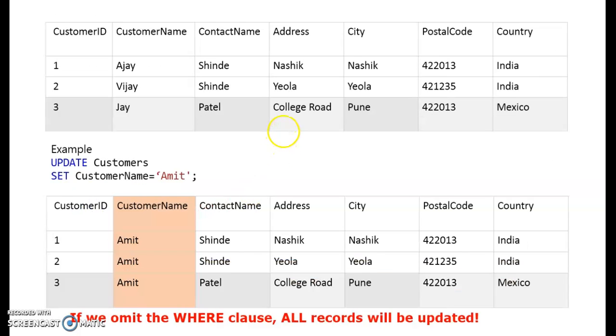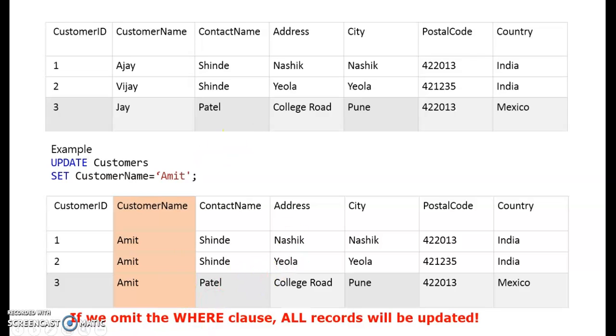Now see, this is another example. Yes, we have the latest updated table. Now here I am making the third operation, like update customer, set customer name equal to Amit. Now I have not given the where condition, that is for which condition the update operation should be performed. Now in this case what will happen? The updation will be performed to all the records which are present in the table. Now in this example there are only 3 records. If you have 1000 records, all the customer names will be changed to Amit.